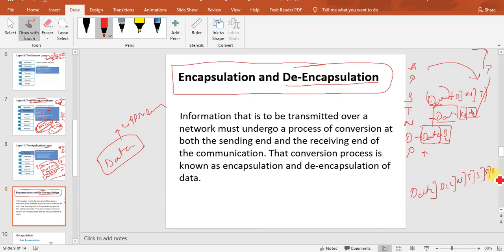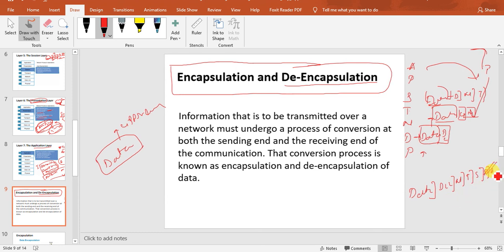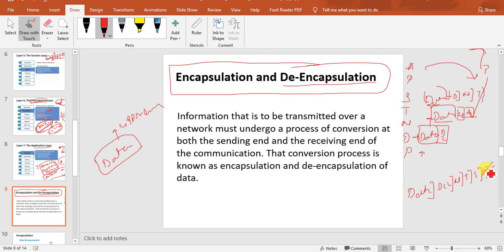And now when the packet is received, it will first decrypt, which means this wrapper will open